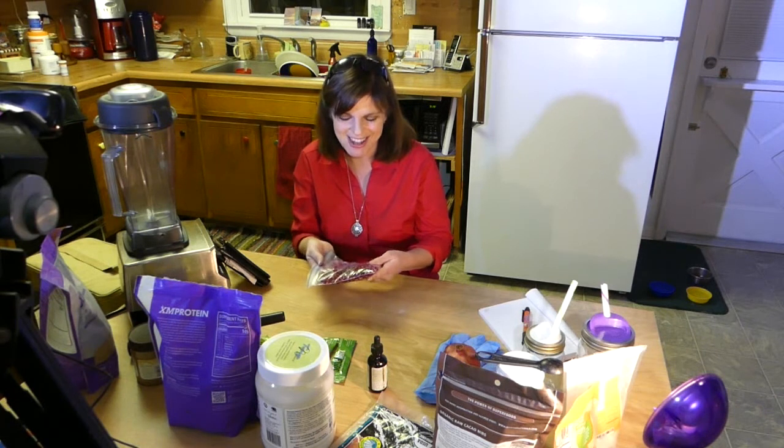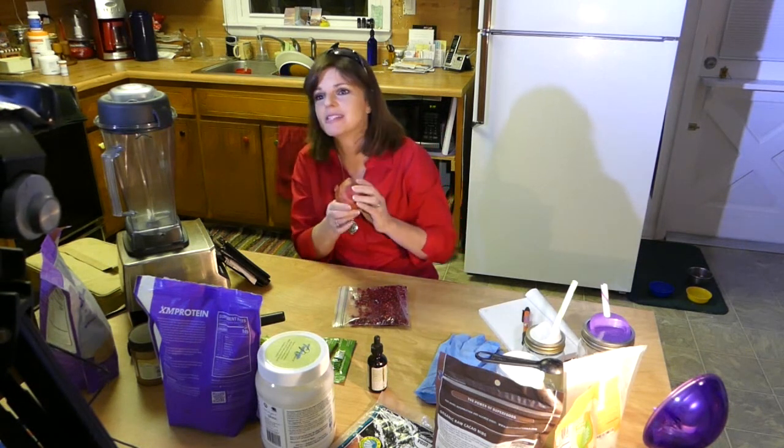Pomegranate is a great fruit to add in when pomegranate is in season. It is so good for your heart, and it's a pain to get the seeds out. If you're not familiar with pomegranate, this is what a pomegranate looks like. This one's kind of dried out. It's been sitting in my